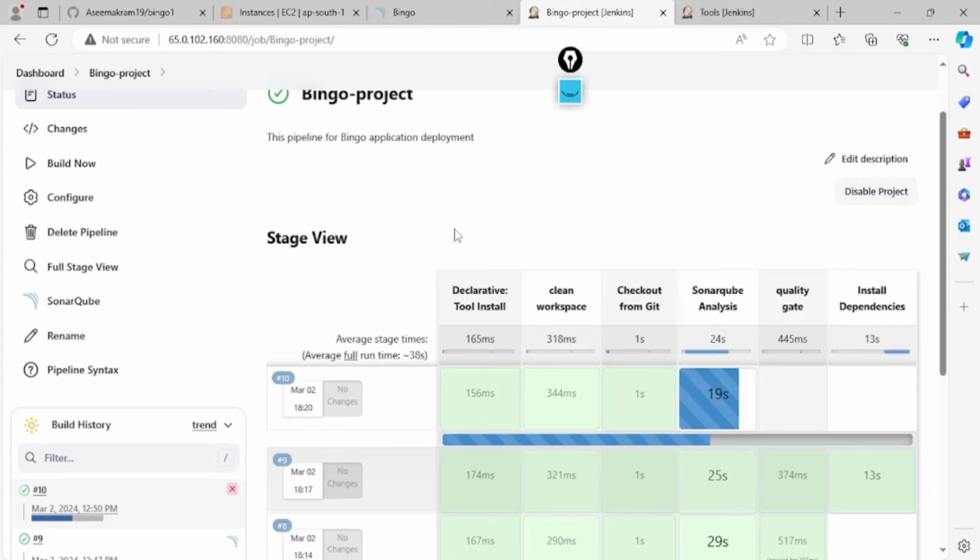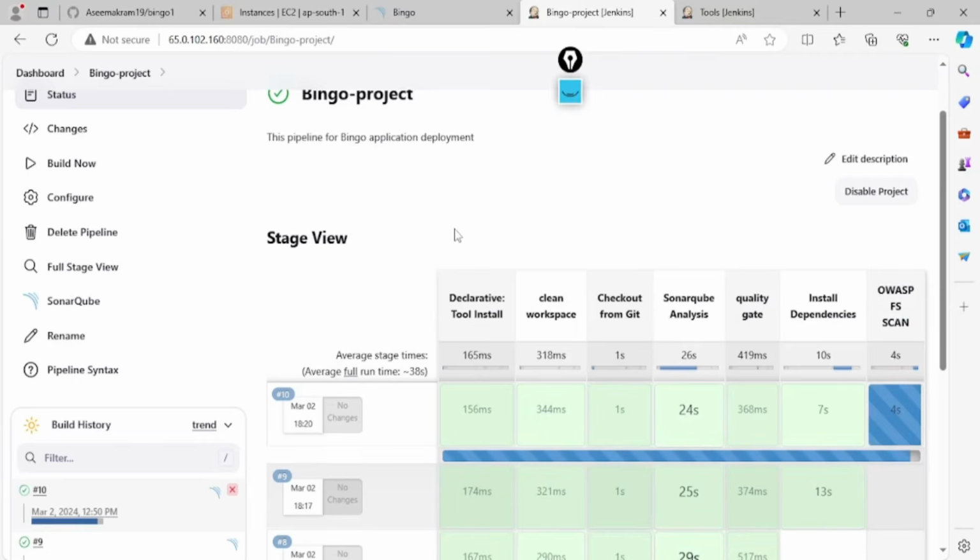In case it is successfully done, then it will take a lot of time to do this dependency check, because it has a huge number of lines, so it will take approximately more than 10 minutes. So we will wait for that and check it out. We will see whether it takes that much time or not. Okay,